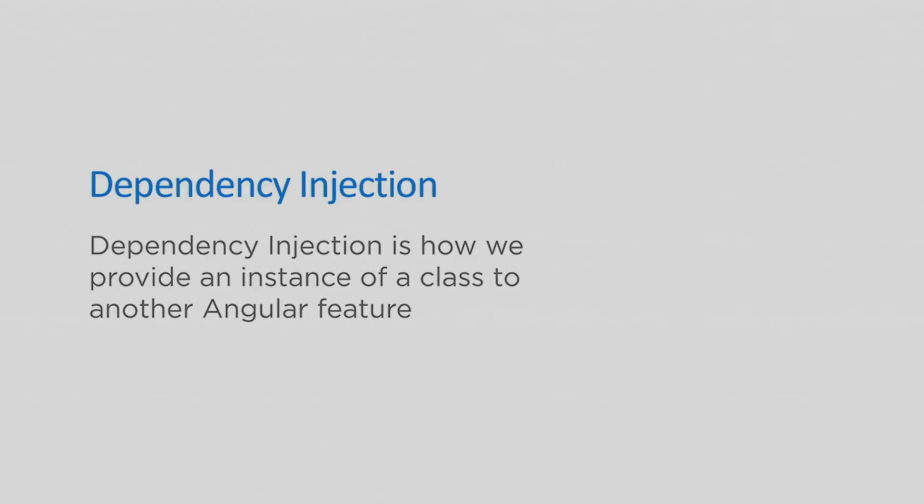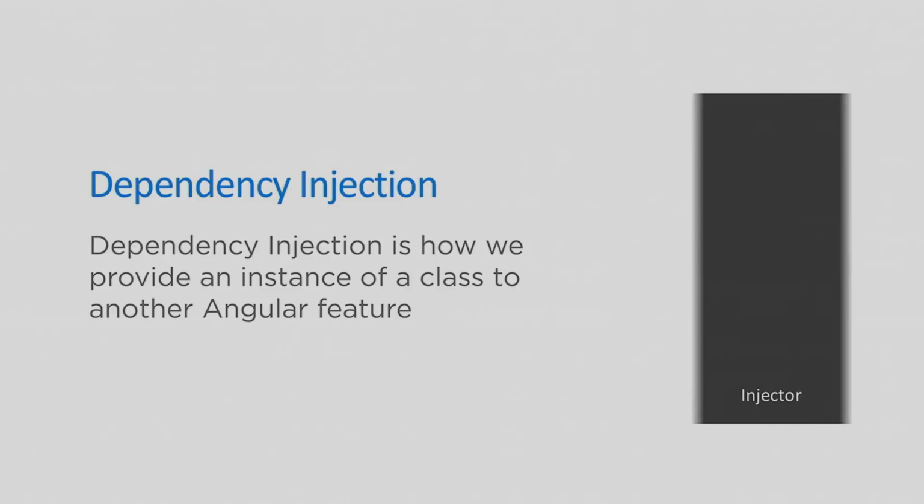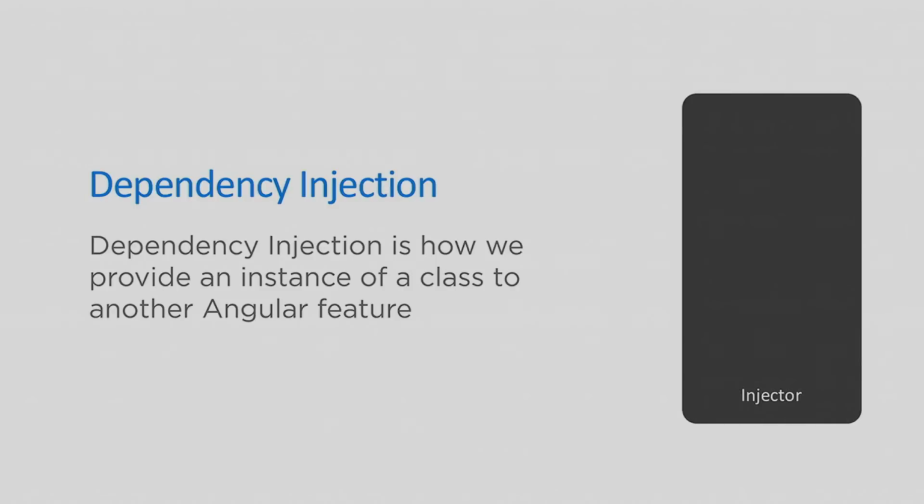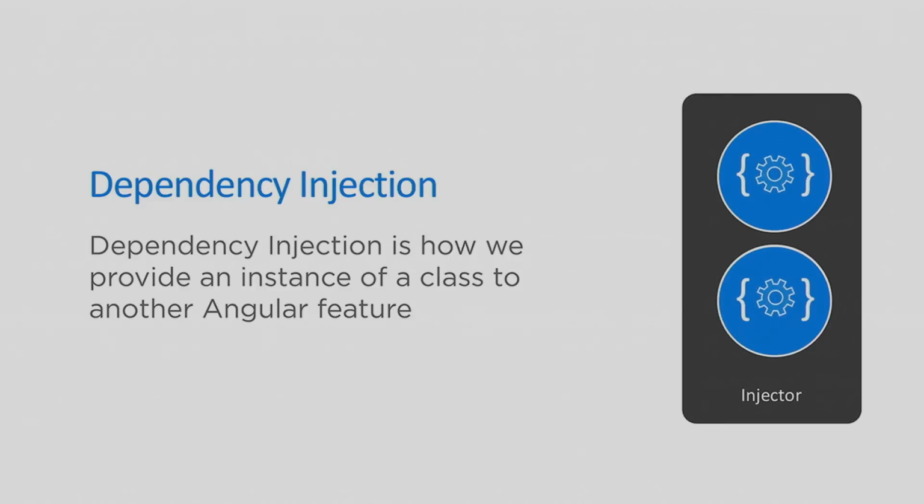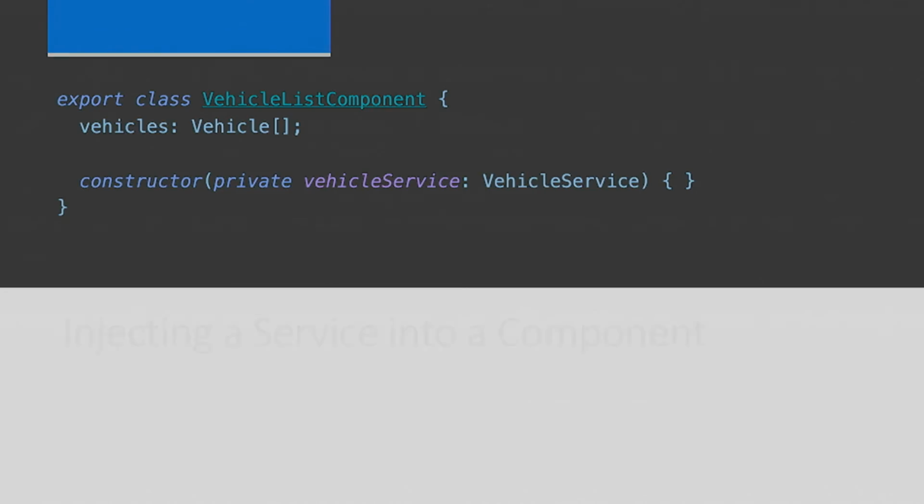That's the easy part. The hard part is, how do you get it? Dependency injection is an important part of Angular. So Angular has this thing called an injector. There's one at the root module, and there's one at each component level. The injector contains things like services. So we have to ask the injector for a service, and it tells us, oh, yes, I have that thing. And if it does, it'll give it to us.